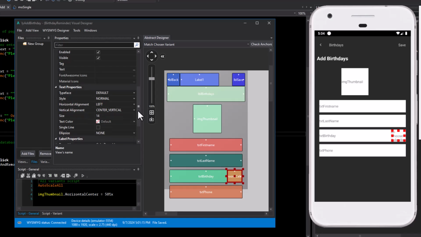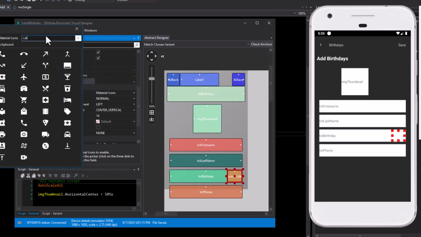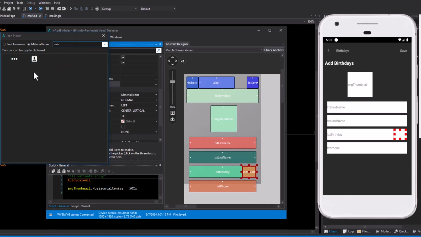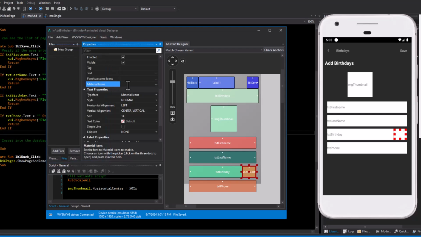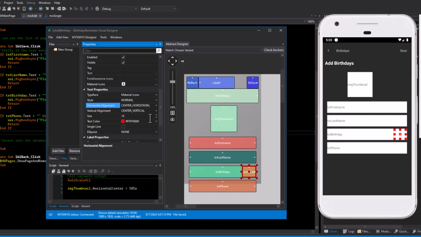and then the text typeface, let's change it to material icon. In the material icon box, select these 3 dots and then search for calendar. We have something like this. Let's pick it, click on it once, then go to material icons and then right click to paste. Let's change the color to, let's say, red, and then center it, and then make the size, say, 25. Okay,